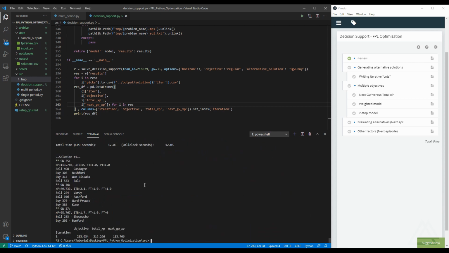Okay, perfect. It worked this time. As you see, I only have one solution where the objective is 213, and then my total XP is 219. This is my total XP, but it doesn't take penalized transfers into account, so it's only showing me total XP without penalized transfers, and my next game week XP will be